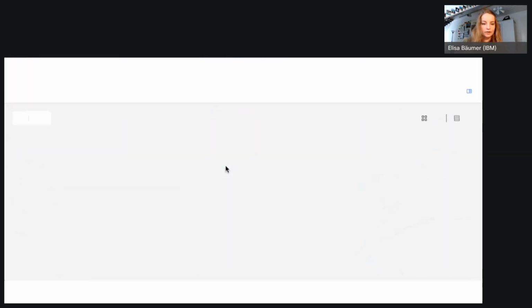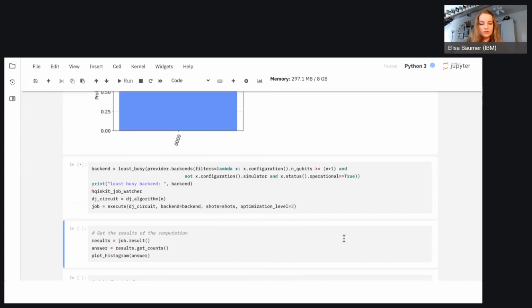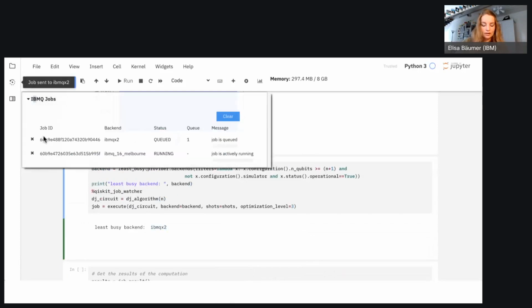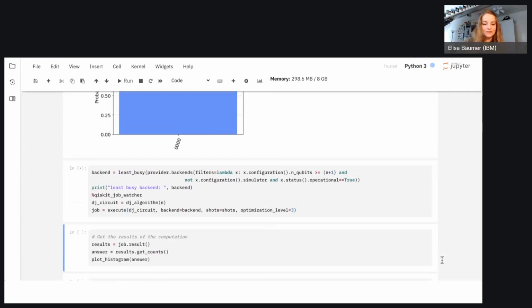I can go on view all. So now we're going to run this line, and we will see what our least busy backend is. The least busy backend in this case now is the IBM QX2. Okay, so now we can just run this line.